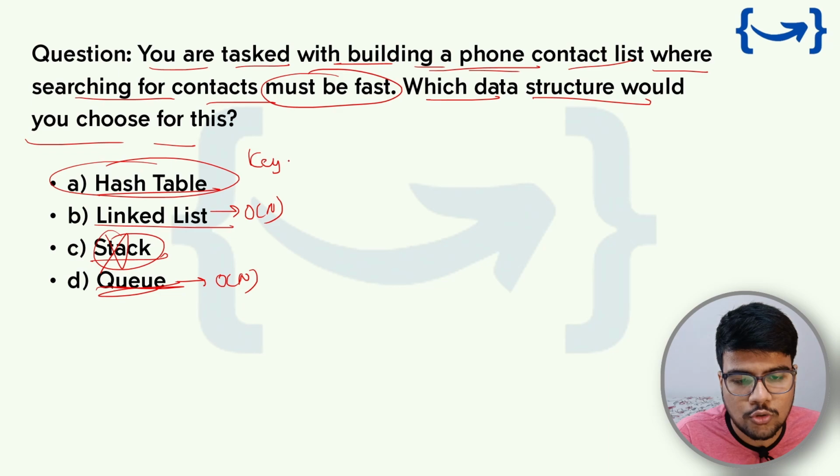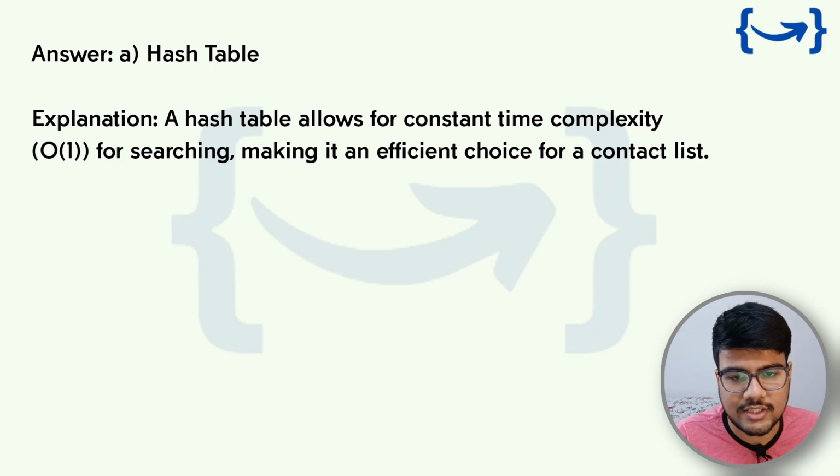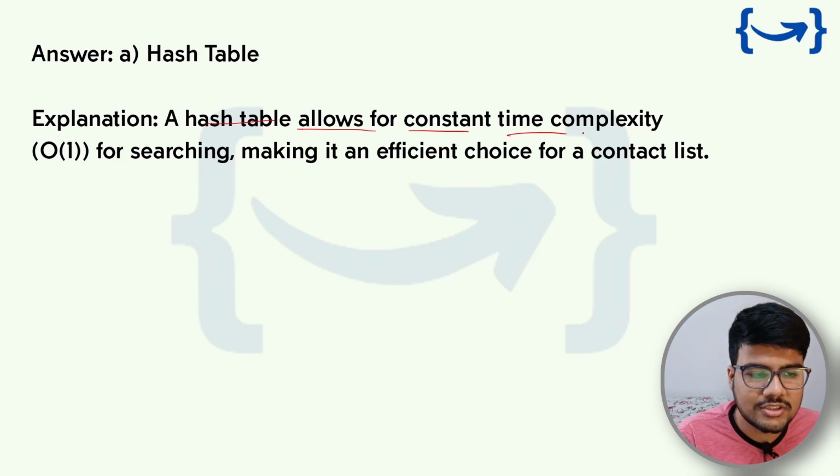Because of the key-value pairs, finding a value inside the hash map will take O of 1, which is pretty fantastic, isn't it? So yes, hash table is the right option. A hash table allows for constant time complexity, which is O of 1 for searching, making it an efficient choice